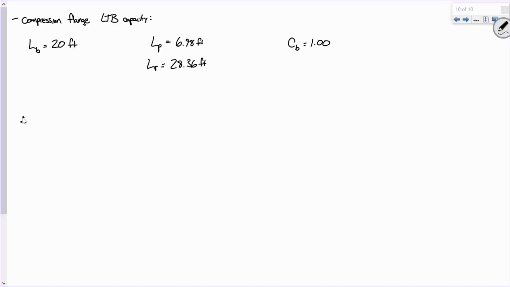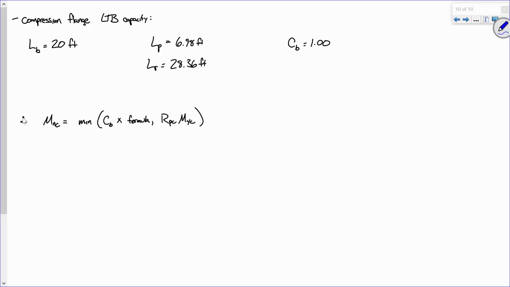See, usually your capacity is as follows. It's usually MNC equals the minimum of C sub B times some formula or RPC MYC. But since we know C sub B is 1, I can tell you that the answer is just